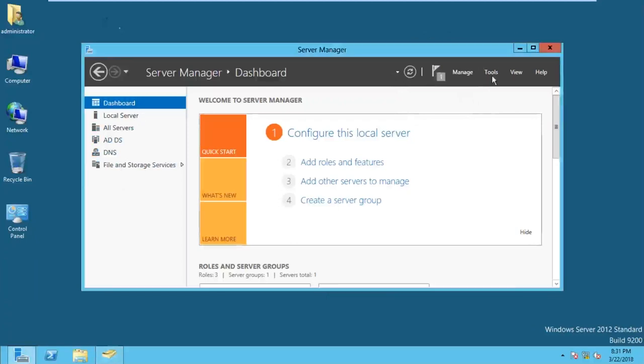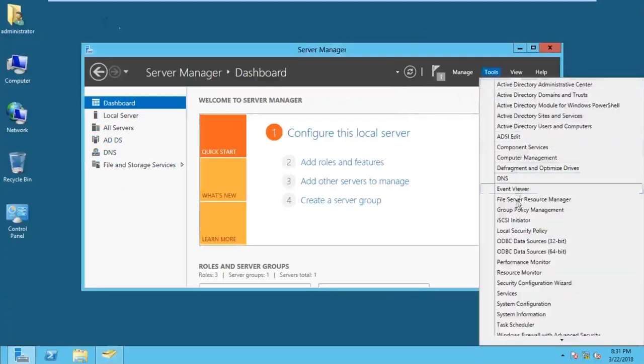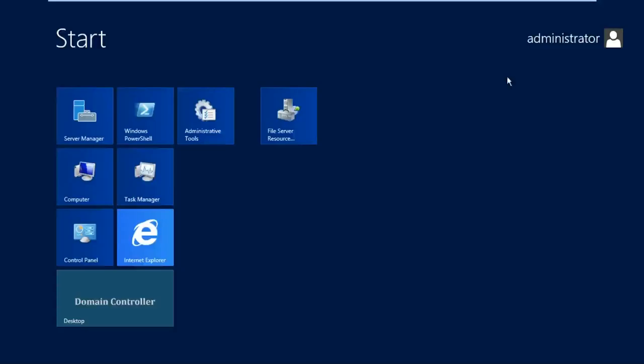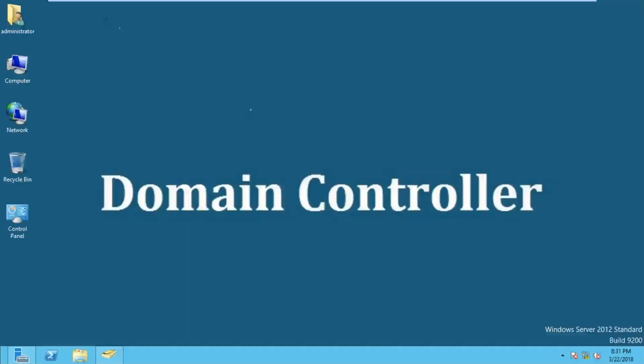So if you want to know, go to the tools, and you can see in the list here we can find File Server Resource Manager. Okay. Or you can go to the start button and you can find here your FSRM services added. You can open it from here. So once you open the FSRM service,